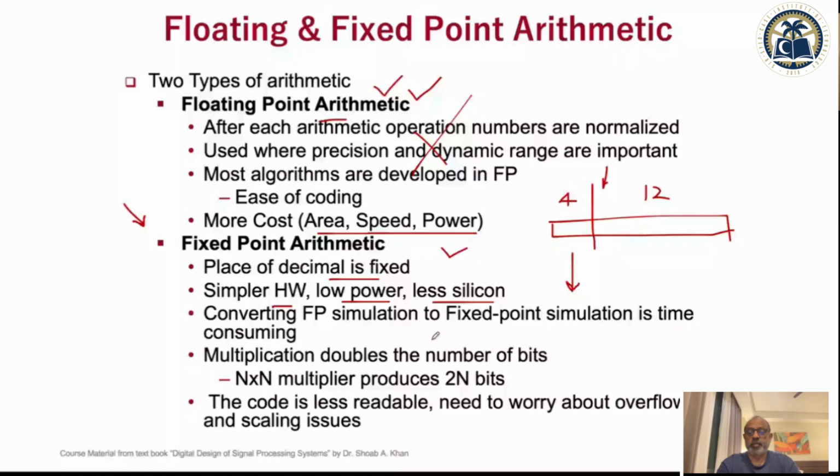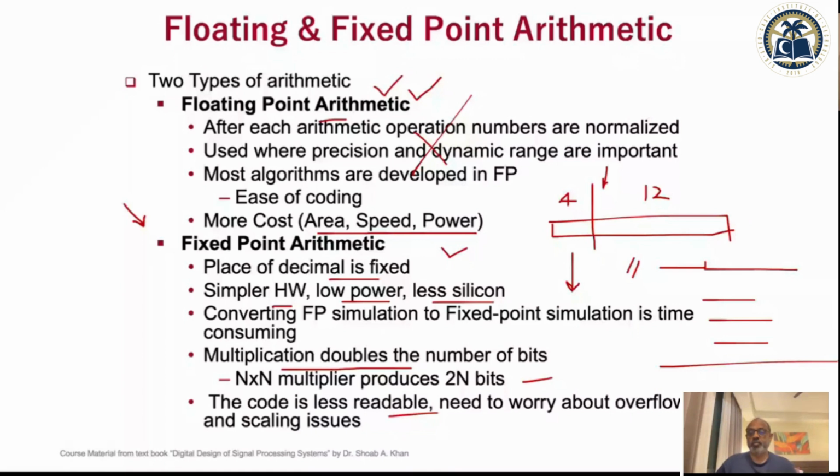But then you have to deal with issues like, once you multiply two 16-bit numbers, you'll get a 32-bit number. What to do about that? Code also becomes much less readable because the decimal is only in the comment. That comment will say my decimal is after the 4th location, but otherwise you are using just integers. So anybody who is decoding or debugging